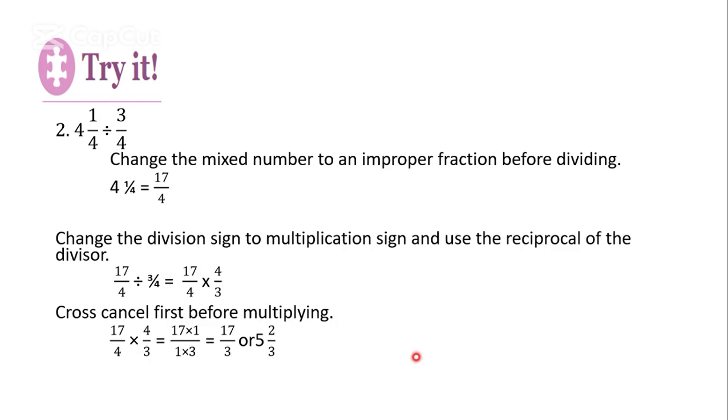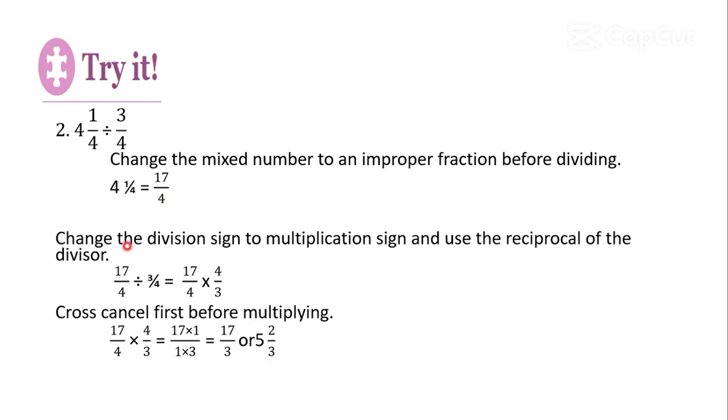Okay, next. 4 and 1/4 divided by 3/4. So, since we have a mixed number here, we need to change it first to improper fraction before dividing by multiplying denominator to whole number and adding it to our numerator. 4 times 4 is 16 plus 1 is 17 over 4. That is why the answer is 17 over 4. And then